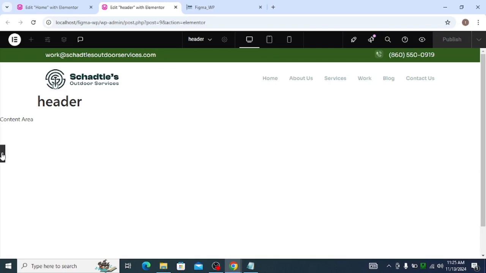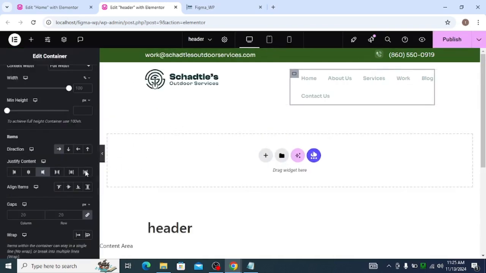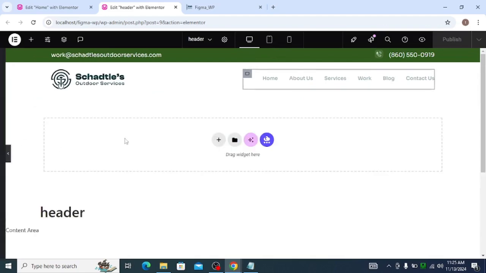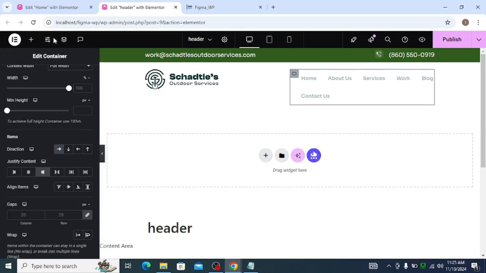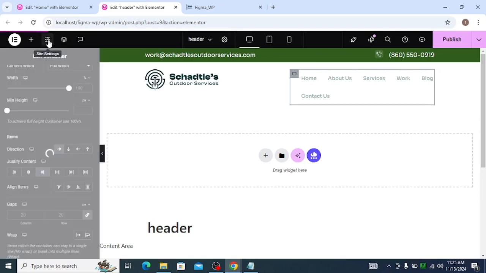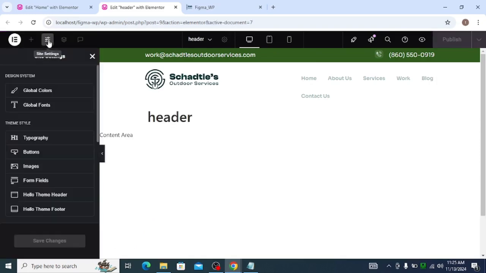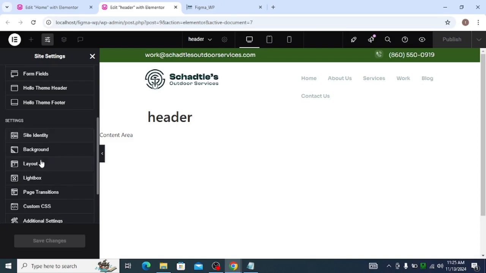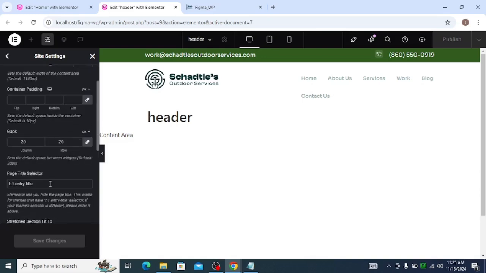So the second thing we want to make sure is that this header we are seeing here, we want to remove it here. So how do we do that? We'll come over to our site settings and we'll come over to layout. Come over to layout, page title selector, you copy it,